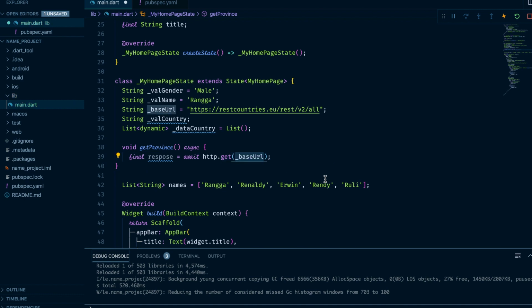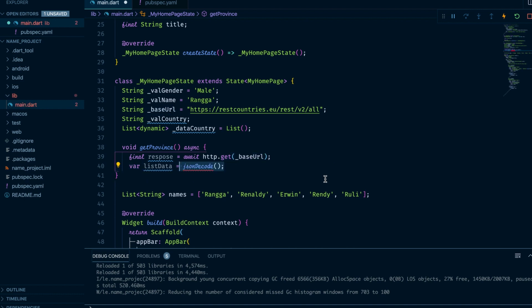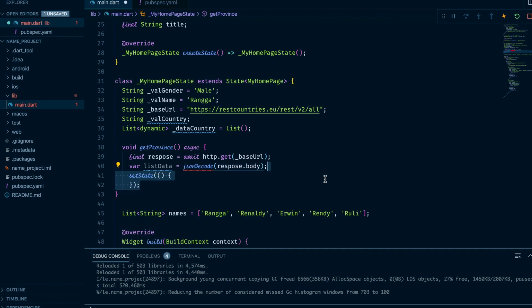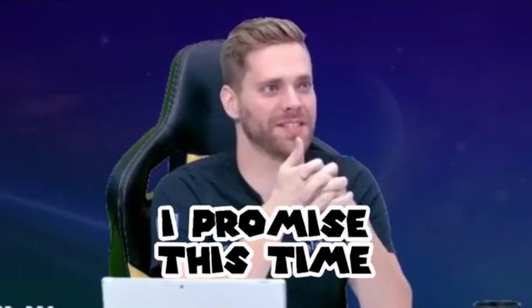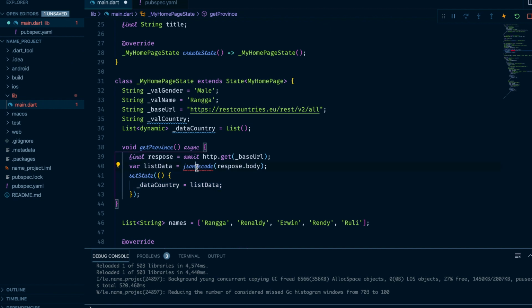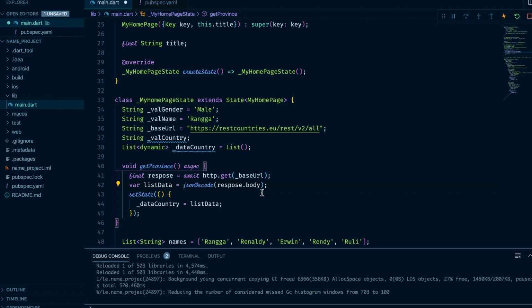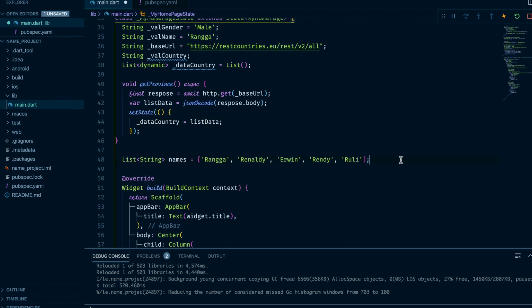I do await http.get with the base URL, and after that I decode the response body and set the list data to data country.